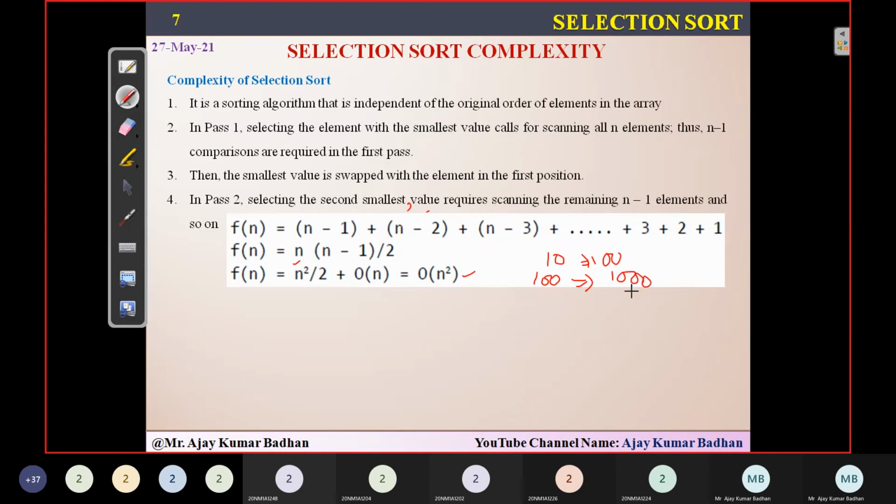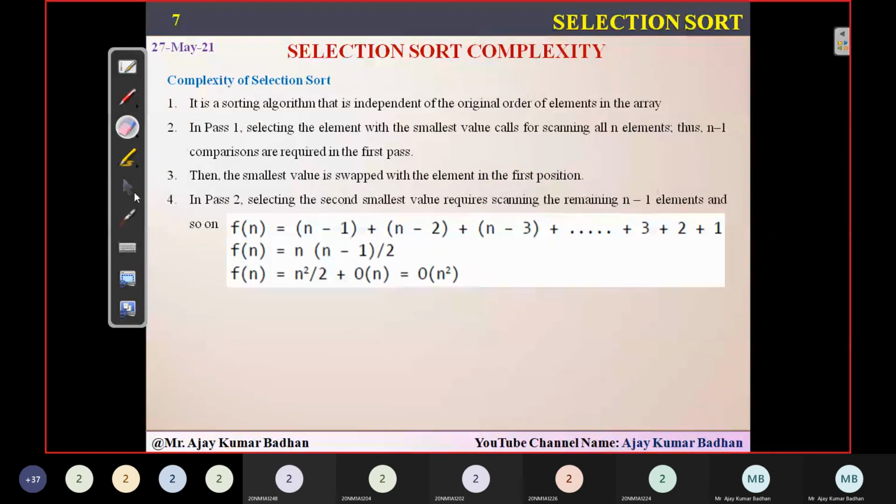So around 10,000 comparisons. And as the number of elements increases, the complexity also increases. If you're taking 1,000 elements, that is 10 lakh comparisons. If you're taking 1,000 elements in a list, 10 lakh comparisons have to be done in order to perform it. That's the reason they keep on saying that selection, insertion, and bubble sort can be used for small lists. For larger lists, you have to use more complicated sorting algorithms.